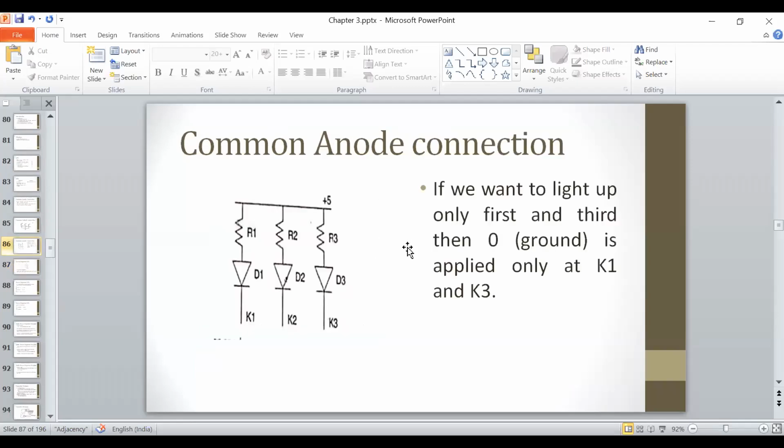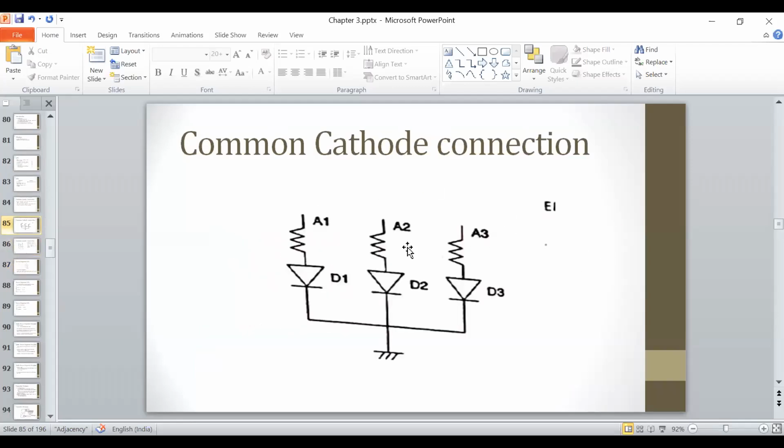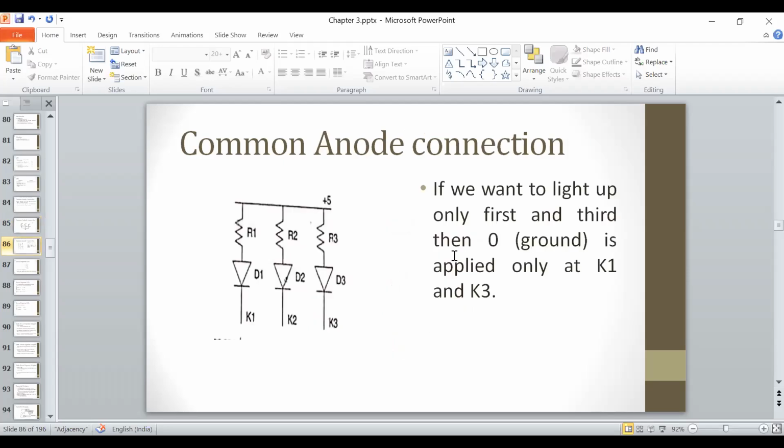So let's revise this thing again. कॉमन कैथोड में आप देखोगे कि कैथोड सभी का ऑलरेडी ग्राउंड है, मतलब 0 सभी में आ रहा है। अगर आपको किसी एलईडी को ऑन करना है तो आपको उसके एनोड पार्ट पे 1 प्रोवाइड करना है। तो अगर आपका 7 सेगमेंट एलईडी कॉमन कैथोड कनेक्शन से बना है तो हमें इंफॉर्मेशन as 1 प्रोवाइड करना है। मतलब अगर मुझे एलईडी को ऑन करना है तो मुझे 1 प्रोवाइड करना पड़ेगा, मतलब पावर सप्लाई प्रोवाइड करनी पड़ेगी।